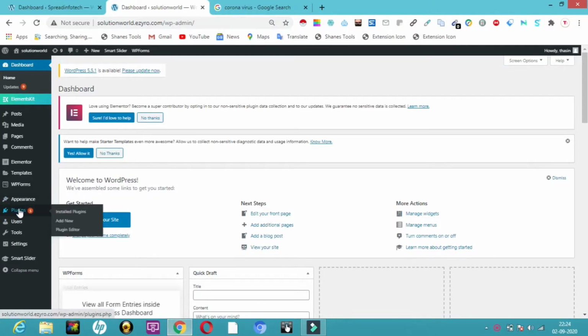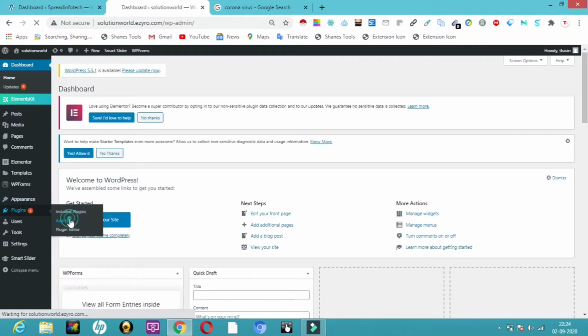So all you have to do is click on plugins. This plugin will be helpful for those bloggers who really want very good traffic for their website, because if people want to read it in some other language, in French, or Arabic, or Tamil, Telugu, whichever native language they want, they can translate it with this plugin.